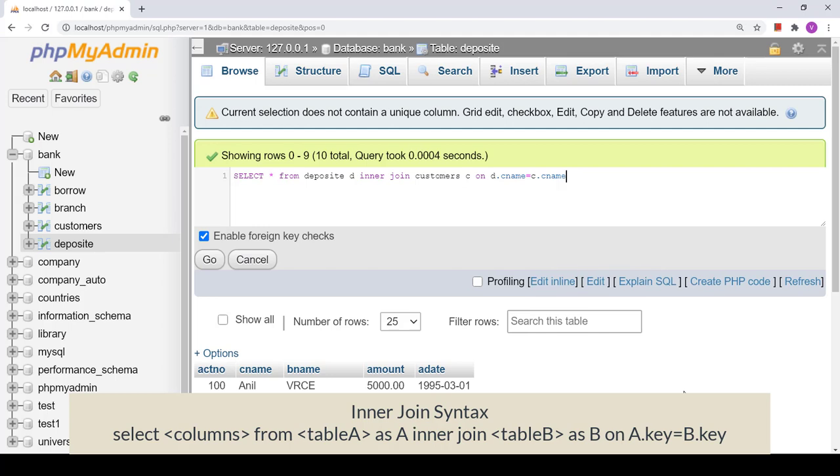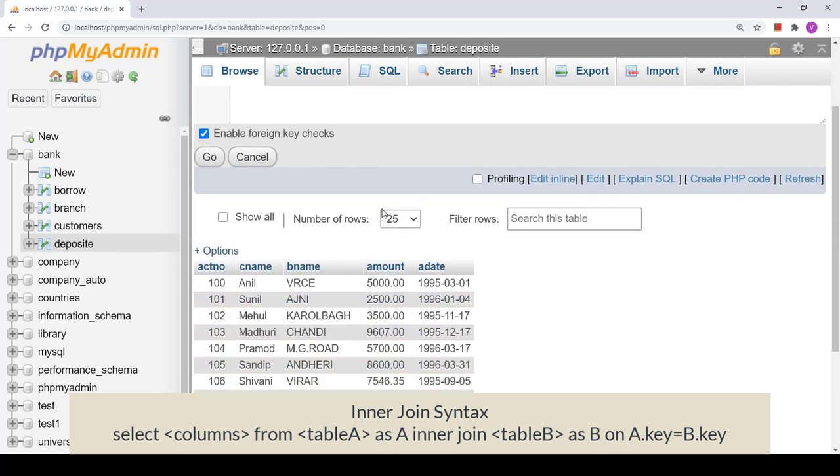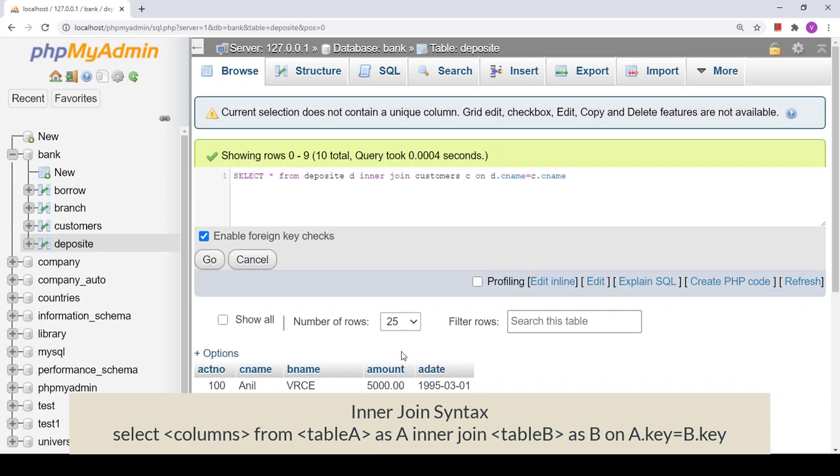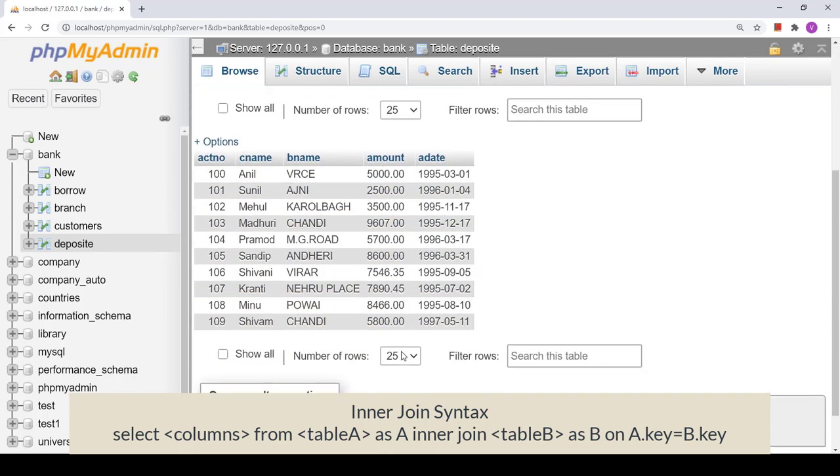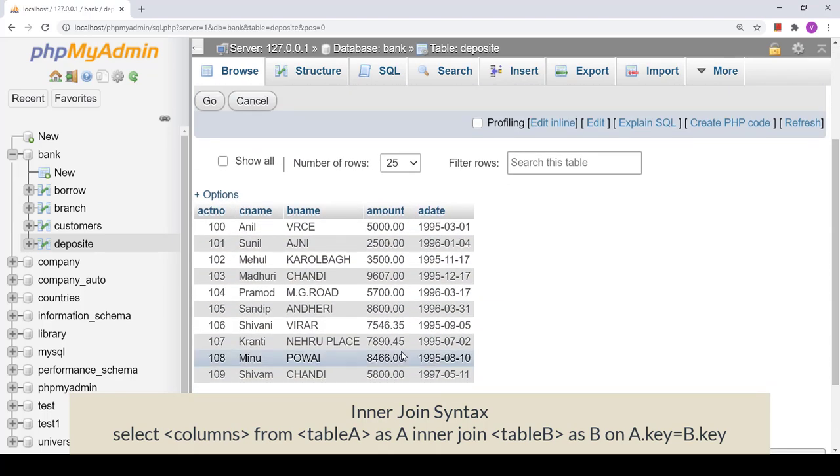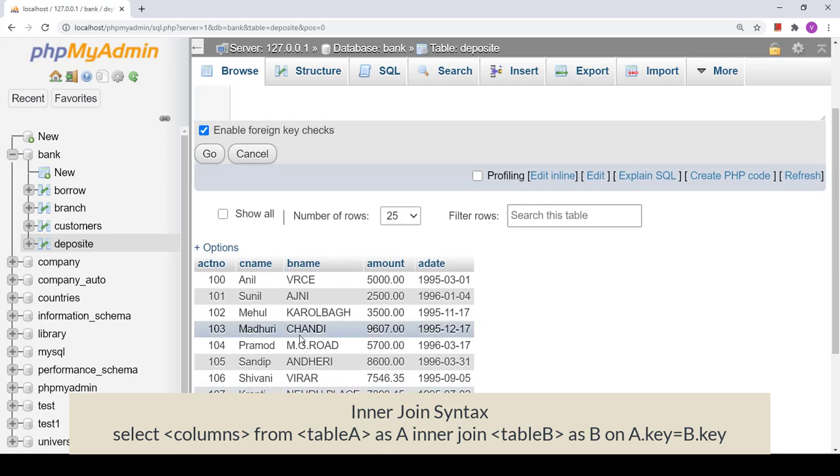Fine. So this is going to join the tables using inner join. In the case of inner join, it is going to display only the common tuples in both the tables. I have 10 tuples, 10 rows over here, and in customers I have some rows.